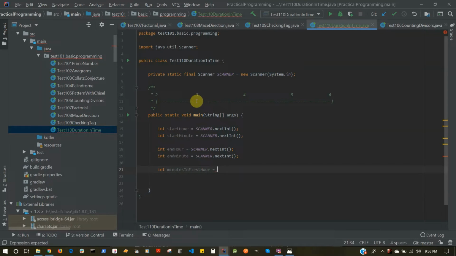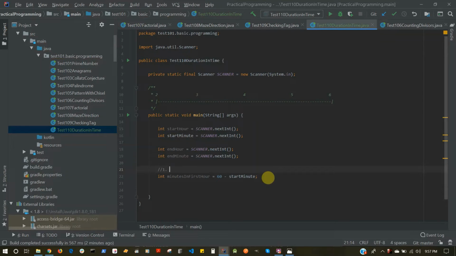So we know there are 60 minutes in an hour, so wherever it starts we're going to subtract the first 20 minutes, so we get 40 minutes. So I'm going to say 60 minus start minute. So what I'll get is minutes in the first hour. Okay, so we got our